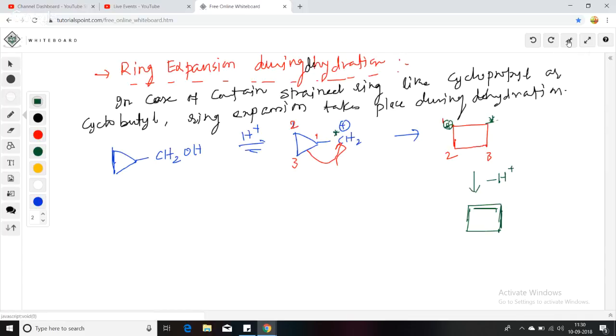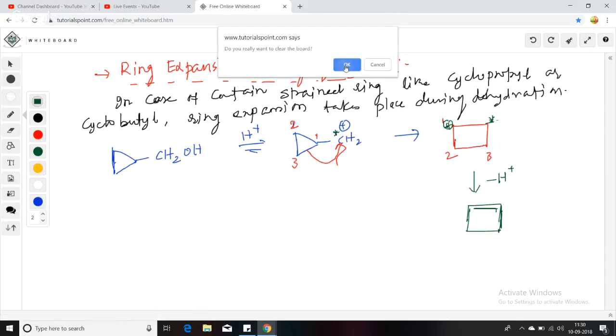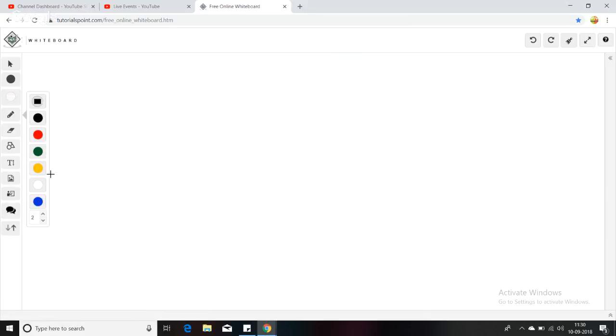So this is the last reaction we are doing in this chapter, the alcohol chapter. After this, we'll start with phenol. But we'll see some tests of alcohol also, and then we'll start phenol. So next reaction we have pinacol and pinacolone